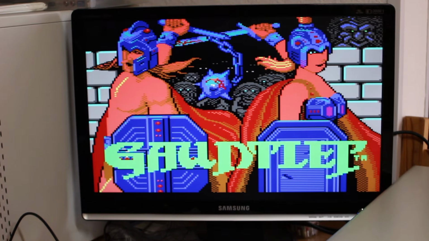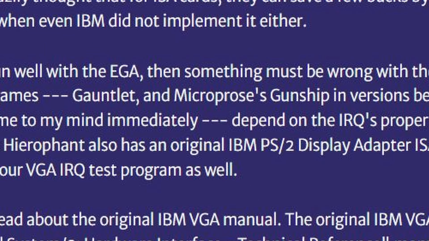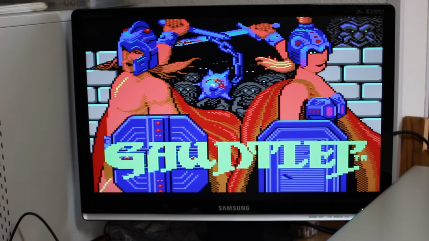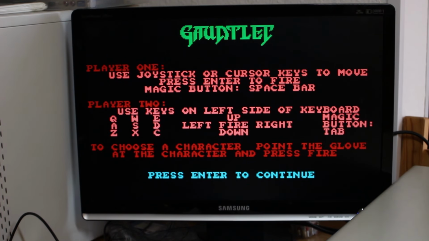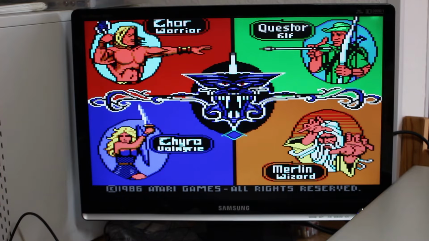According to a user on the Vogons forum, the game Gauntlet requires the EGA interrupts in order to function. Now, I had a little bit of trouble at first finding a version of Gauntlet that did anything at all. There's one that doesn't even have the Gauntlet executable that's floating around out there. But once I found one, it is an EGA game, and so let's find out whether or not this actually works on this VGA card that I have, which we know doesn't have the interrupts because the IRQ2 pin is not connected. So we'll go into the game and we'll just select one player,